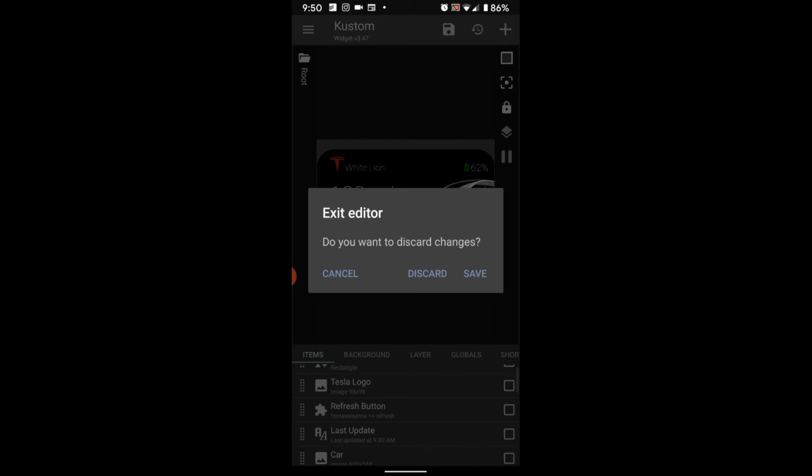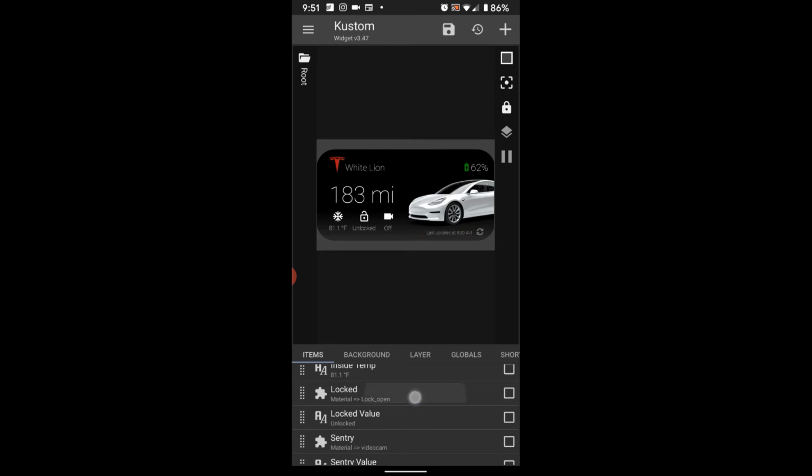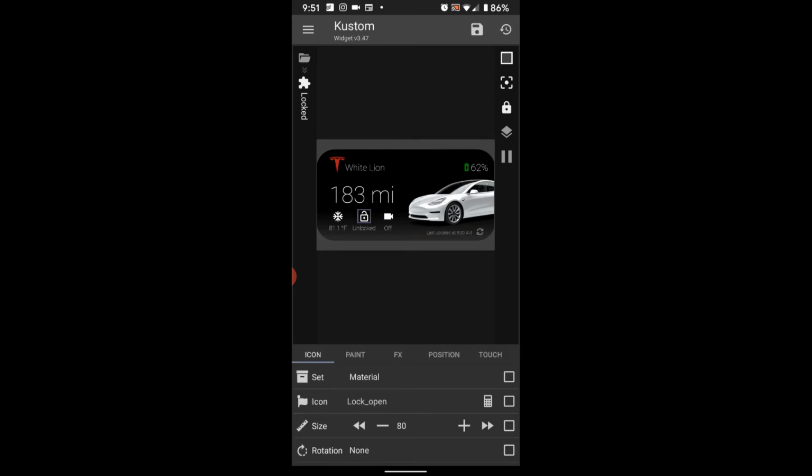And let's go through, oops, cancel. And let's go to the last two that we have, and these are all going to be the same. I know I'm repeating myself on that, but basically they're all going to be the same. So this is going to be for the lock and unlock. So one thing that I'm doing here that might be a little bit different, so you can see the icon,